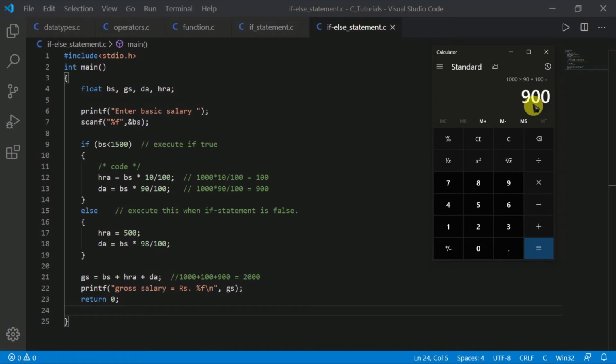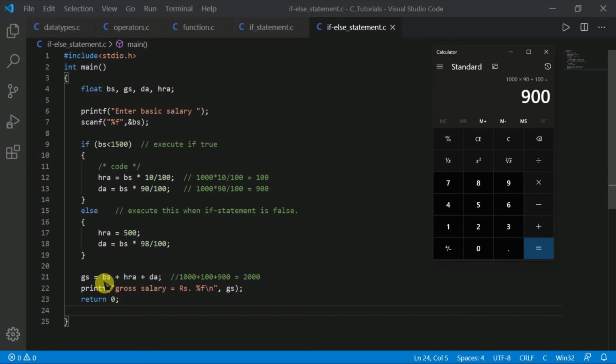Now you can see, 900. Our condition is true because our BS is less than 1500, because I gave the BS as 1000. So it executes this code, skips the else, and then goes to this process. Our HRA and DA have come: HRA is 100 and DA is 900.